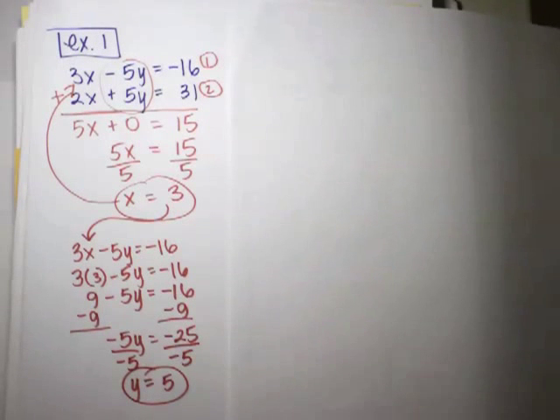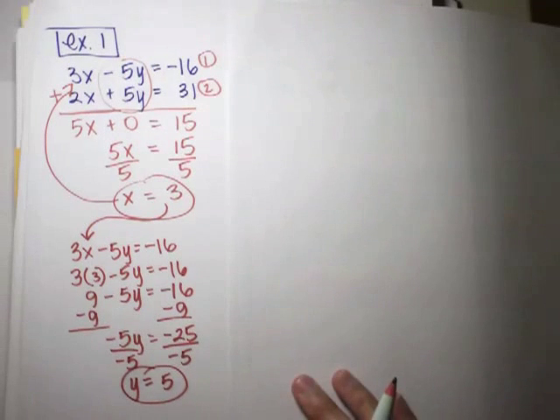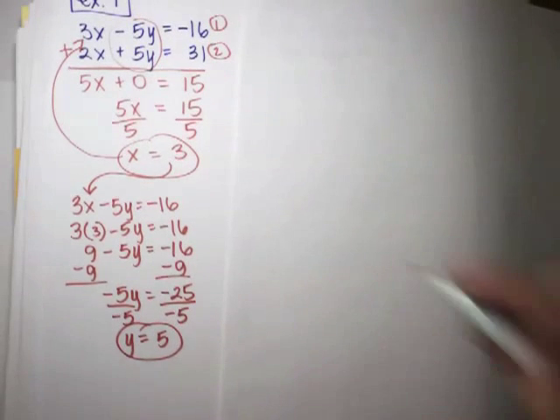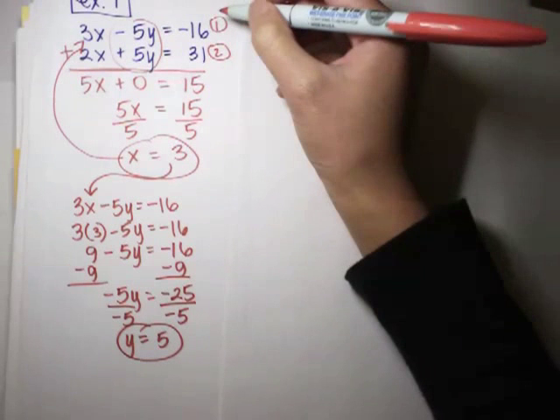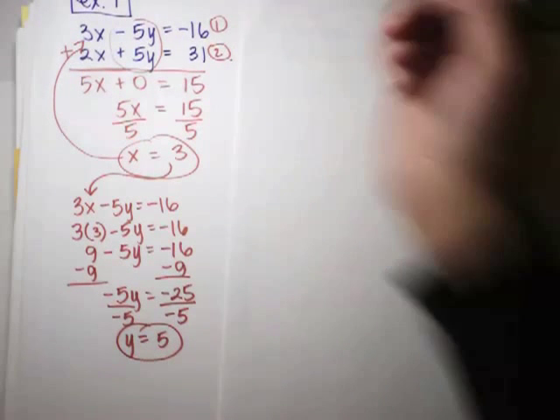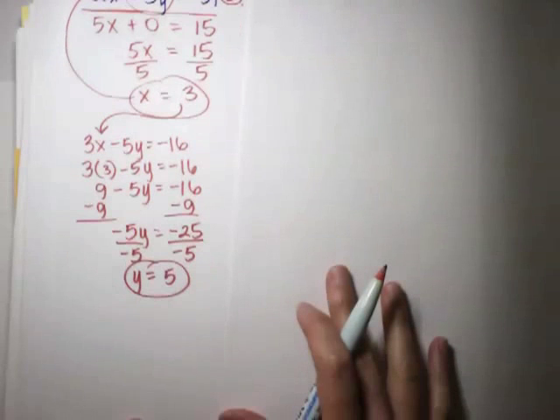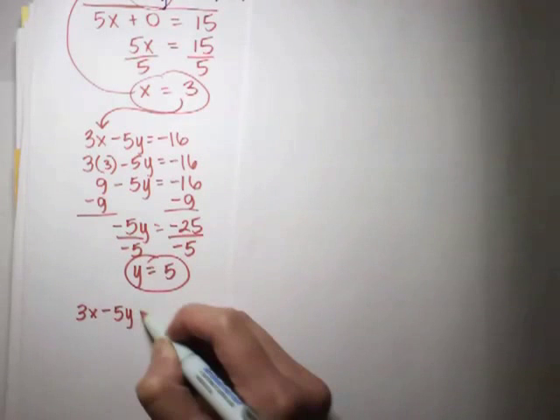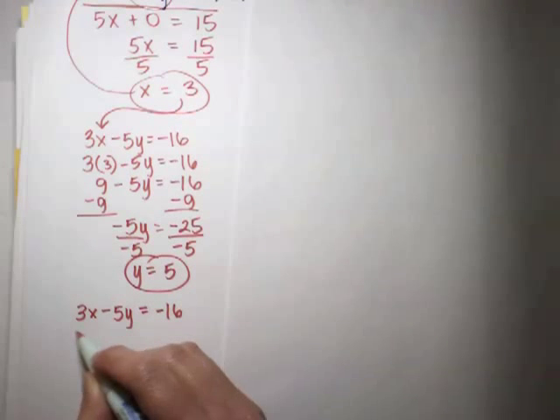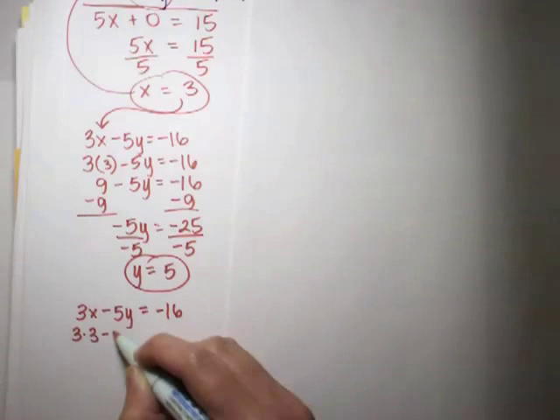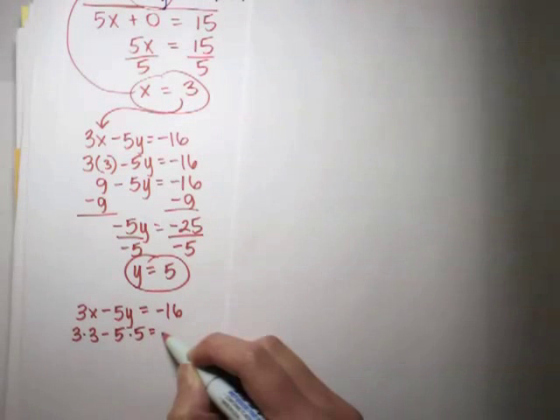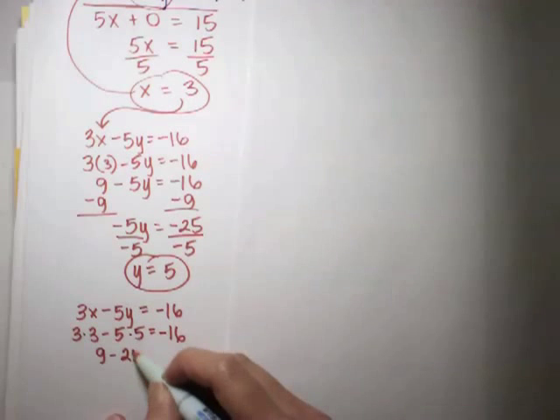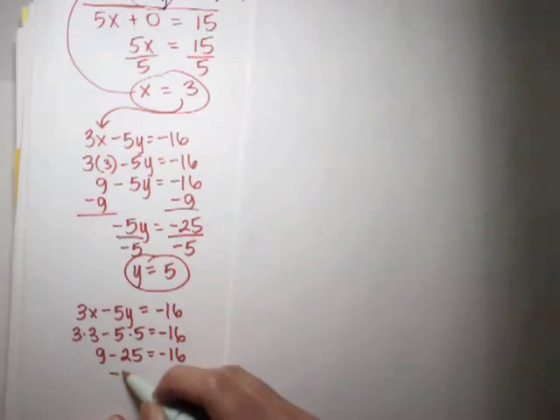Once we have the values for x and y, we want to check our work to make sure that it's correct. So we're going to substitute these values back into both of the original equations. Taking a look at our first equation, 3x minus 5y is equal to negative 16, we plug in 3 times 3 minus 5 times 5 is equal to negative 16. That gives us 9 minus 25 is equal to negative 16. And that